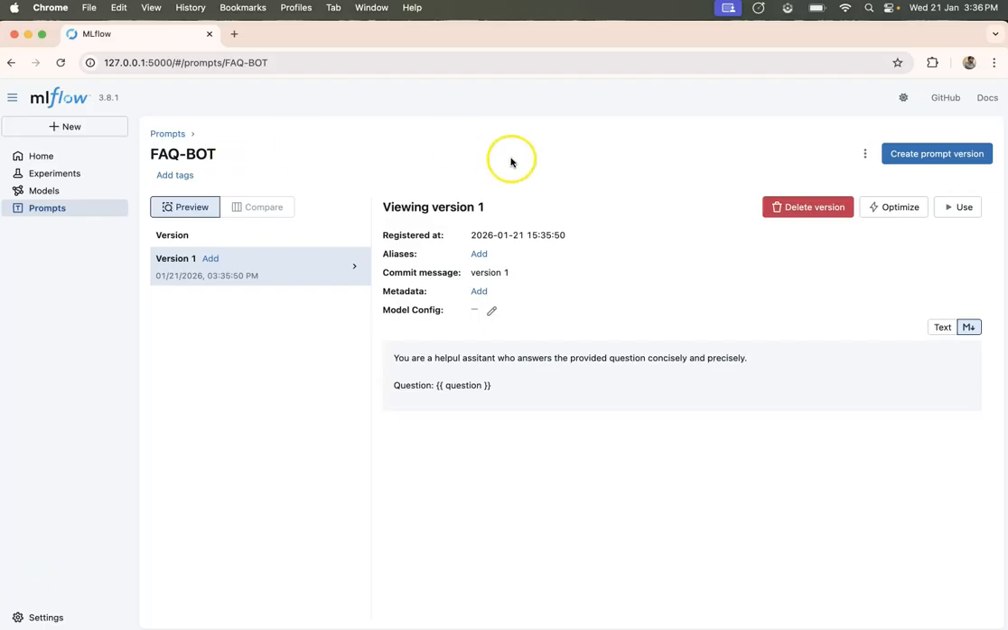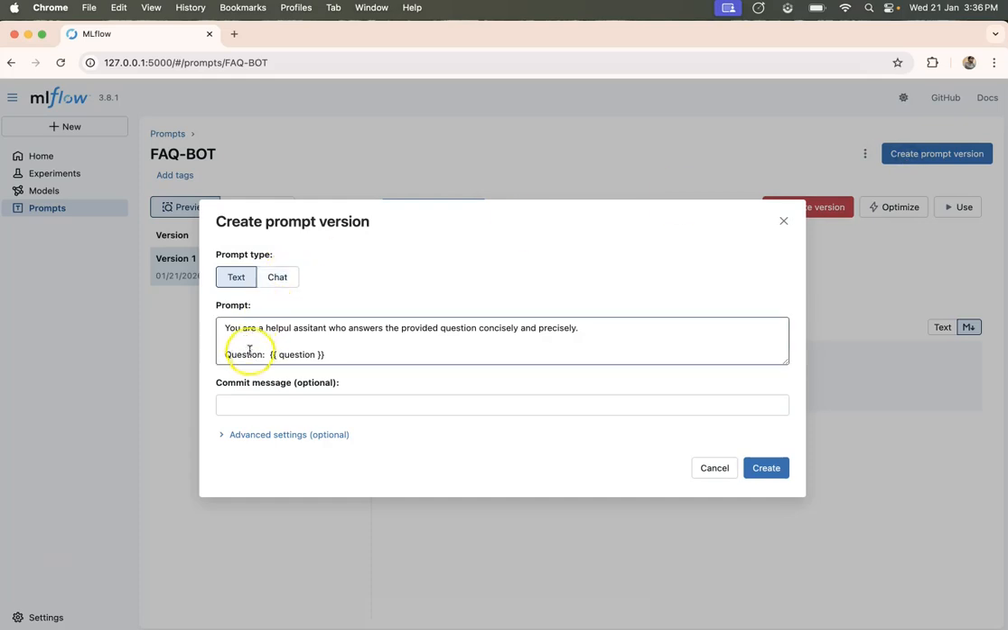Next step would be to basically try out this prompt and evaluate it. We can evaluate it, or we can evaluate multiple prompt versions. I can create one more version of this prompt. So you see this same prompt appearing because I can edit it now. So I can say something like